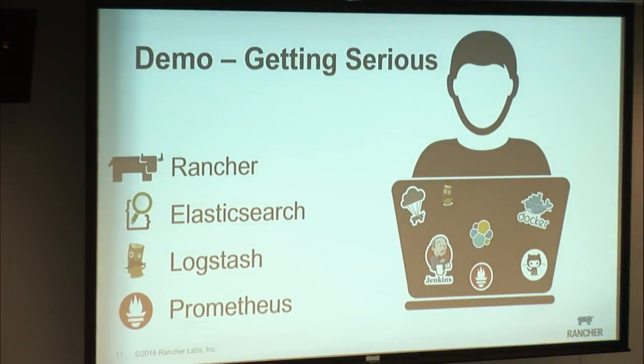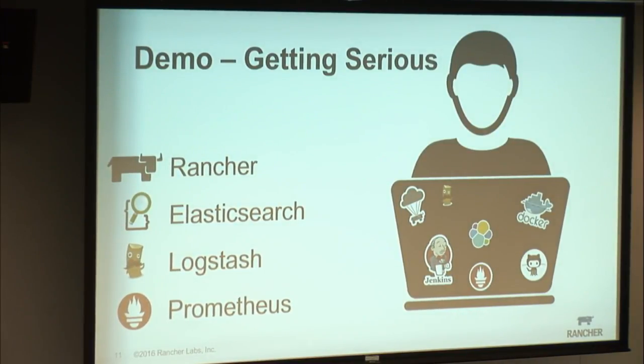Okay, so demo number 2, we're going to take a look at scheduling. We're going to look at deploying some of those things we talked about a couple minutes ago, Elasticsearch and Logstash, Prometheus, and I think we're going to use some orchestration to look at how you deploy out all those agents, how you bring up more complex multi-service stacks, and how you can make changes to those.